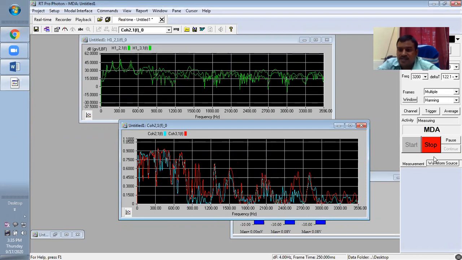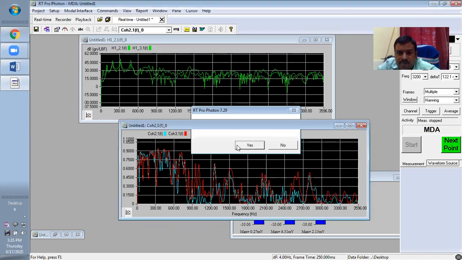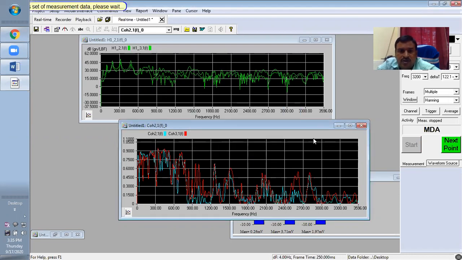You see average data are taken here. That's why this FRF are changing. Okay. So this is how we used to take data. Now I'm closing it because I'm stopping the recording. Okay, I'll again rejoin just to explain a few more things in Google Meet. I'll just send it. Okay.